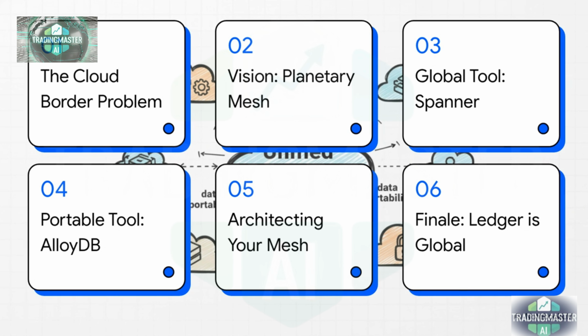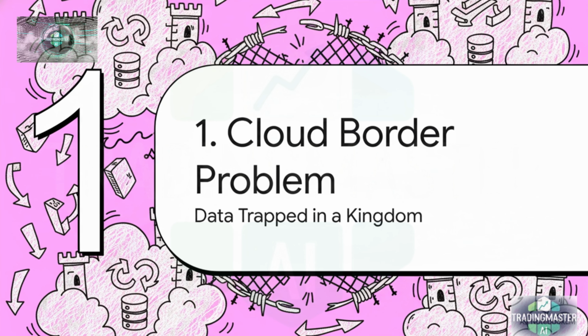So, here's the plan. We're going to start by looking at the big problem, the cloud border problem. Then, we'll unveil the vision, what I'm calling the Planetary mesh. After that, we'll dive into the tools, looking at two heavy hitters, Spanner and AlloyDB. We'll architect our mesh, and then in the finale, we'll talk about why the ledger has to be global. Let's get into it. All right, section 1, the cloud border problem, or as I like to call it, when